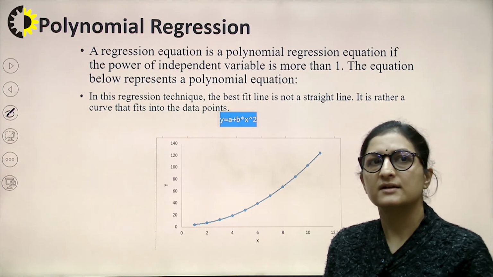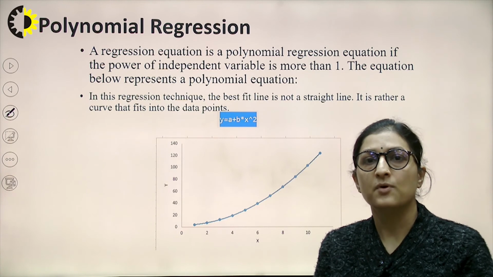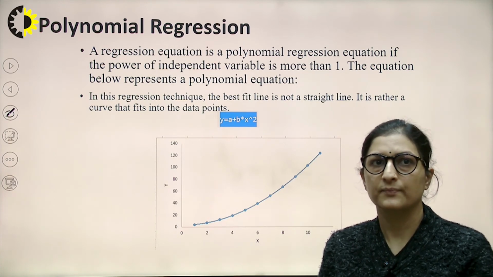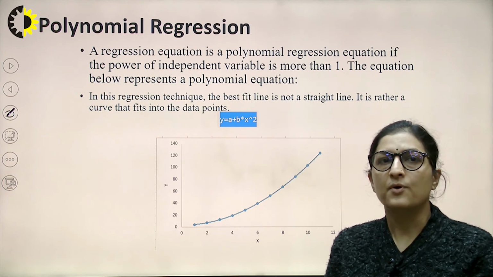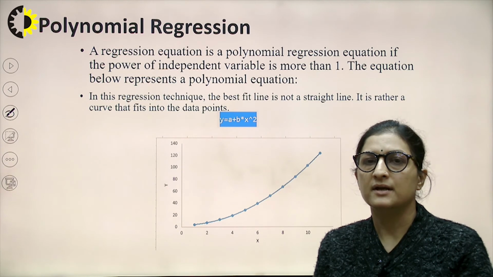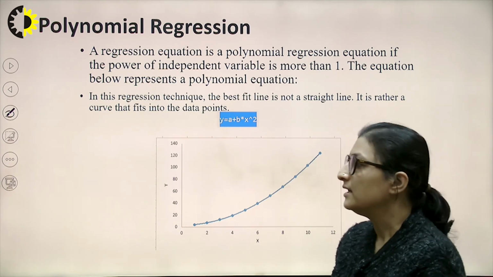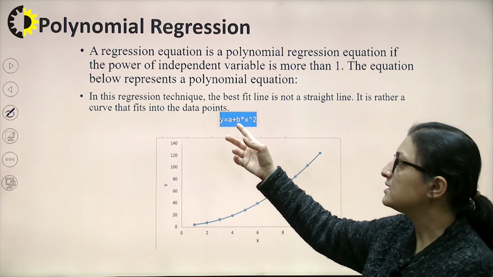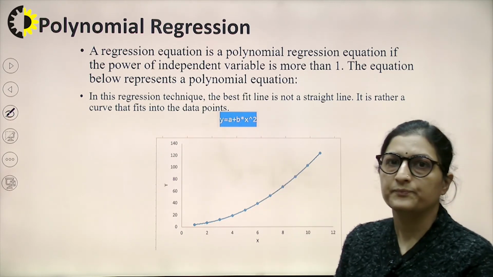After having discussed linear regression, we have another technique called polynomial regression. A regression equation is called a polynomial regression equation if the power of the independent variable is more than 1. You see, in this equation we have y equals a plus b into x square.